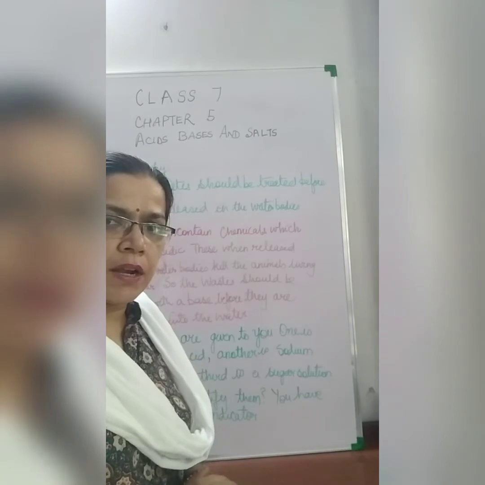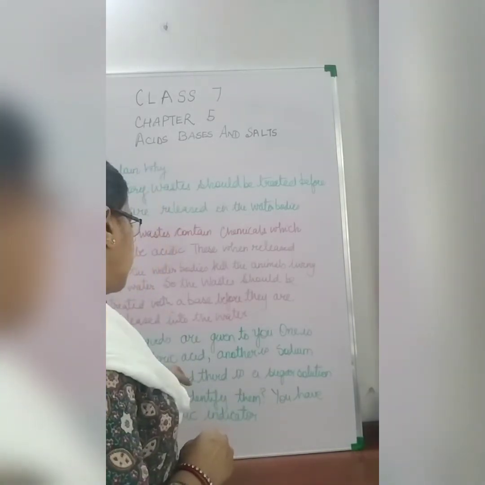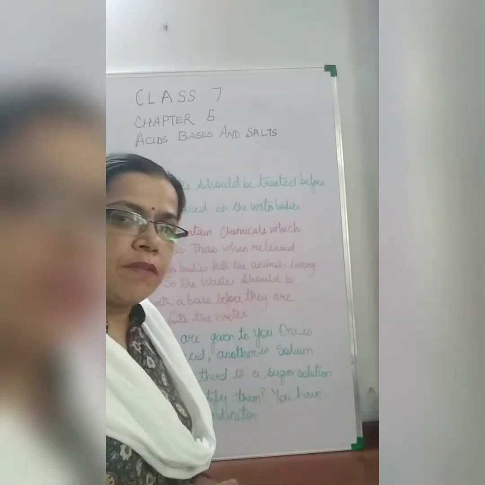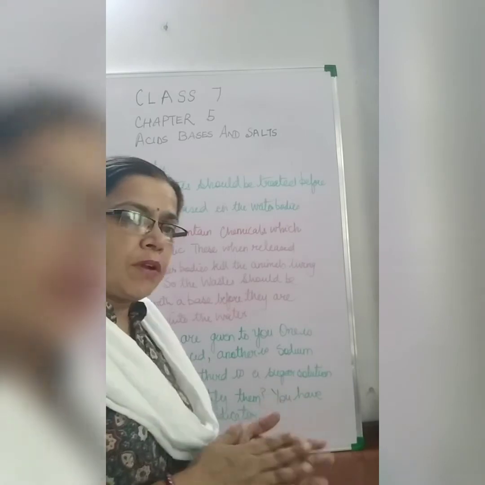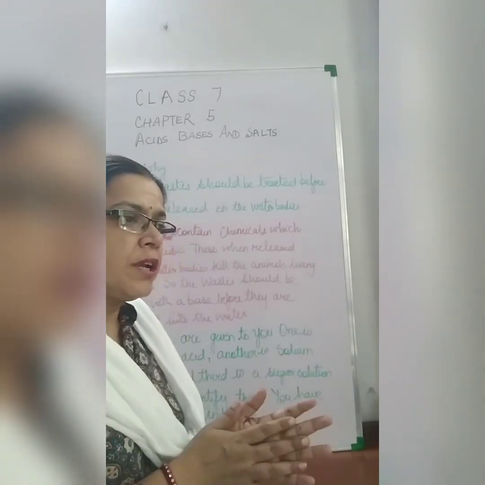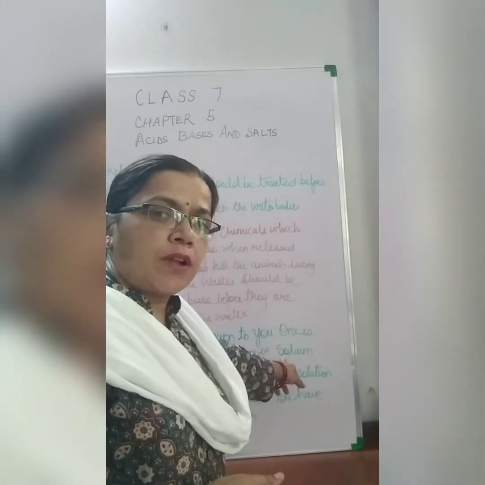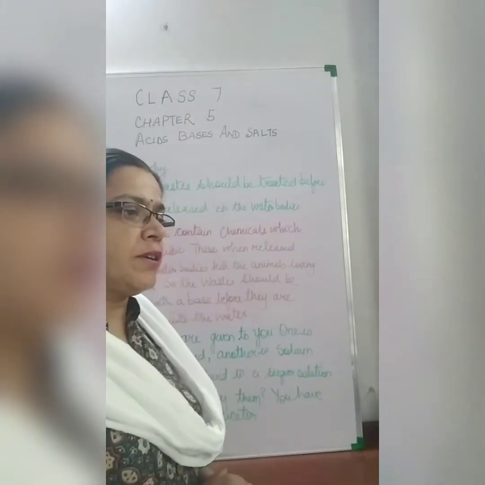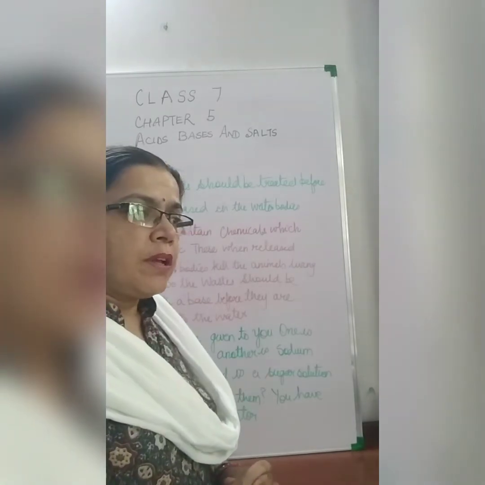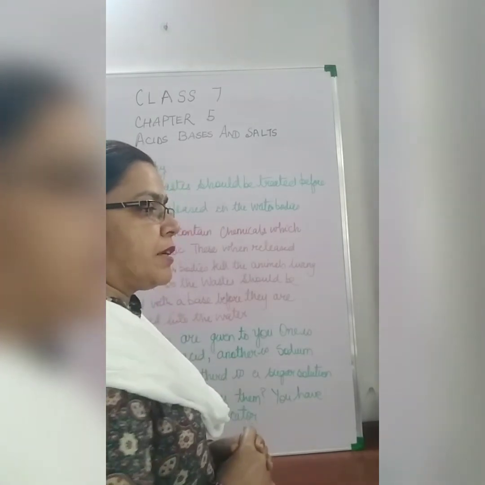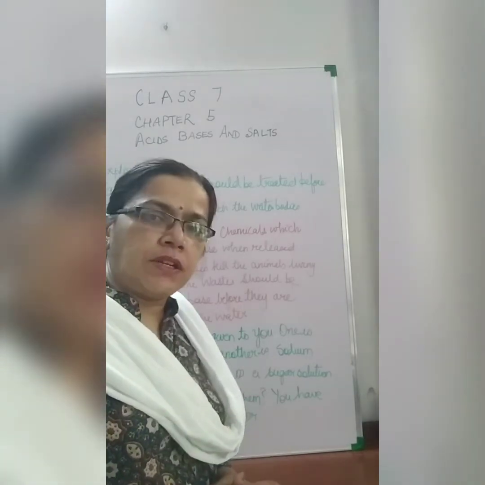We will keep it aside. We will keep the strip for further use. Now when we take a drop from the given solution onto that particular strip on which we had tested it to be basic, that is when we tested it for sodium hydroxide, when we add that drop onto the particular strip, if it changes its color and it comes back to yellow, then the given solution will be an acid.